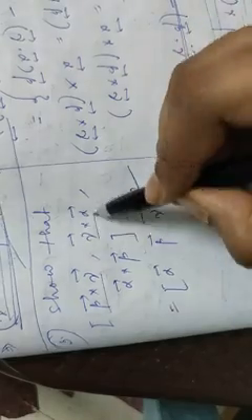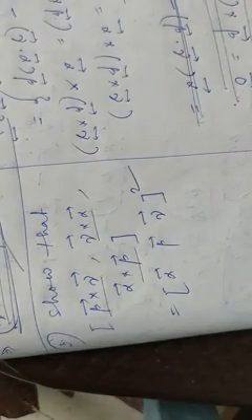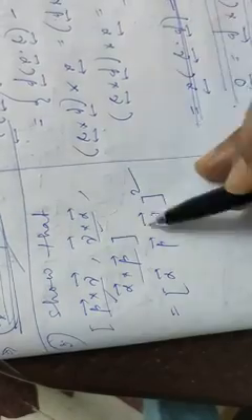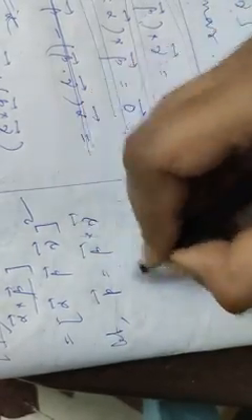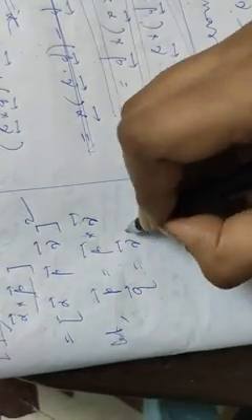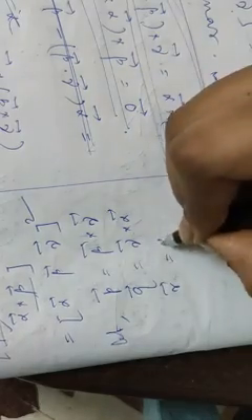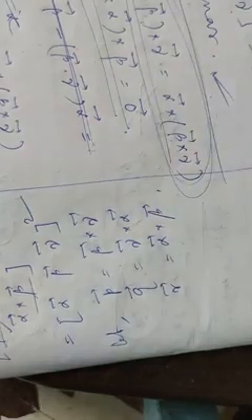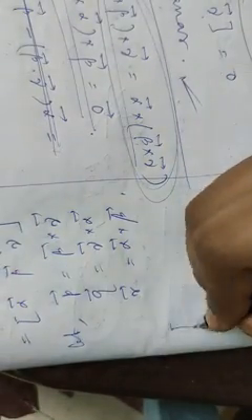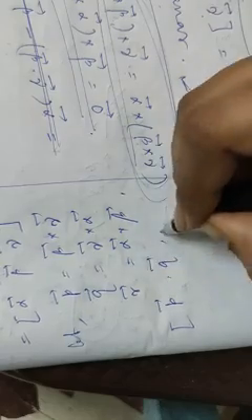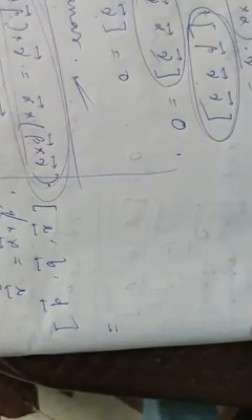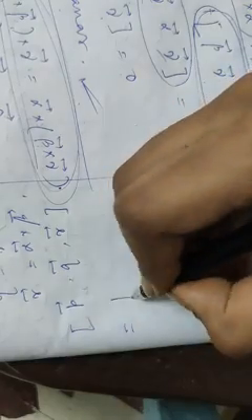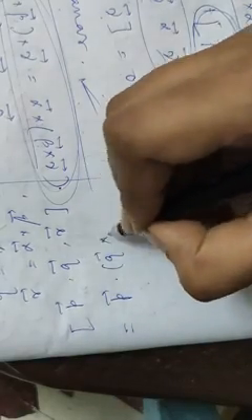Now this is a vector, this is a vector, and this is a vector. We are taking the first vector as P, this one as Q, this one as R. So let P vector equal the first one, then it will be easier to calculate. And R equals this one. Okay. So the left hand side will become P, Q, R. This box product, right? So what will be its value according to the definition of box product? It will be P dot Q cross R.